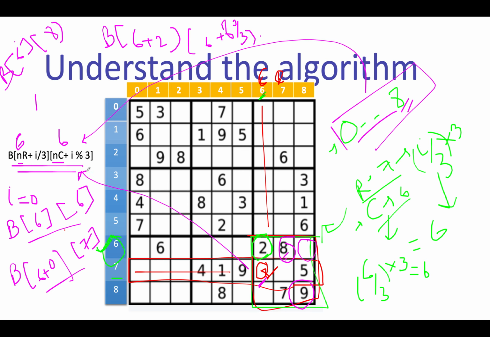This is the trickiest part of the question, and we have already discussed that it was a violating case because board of 6, 7 matched with 8, and we'll abort the process. So 8 is not a possibility for this place. Now let's move on to the coding section, and I'll do exactly the same steps as I have told here.